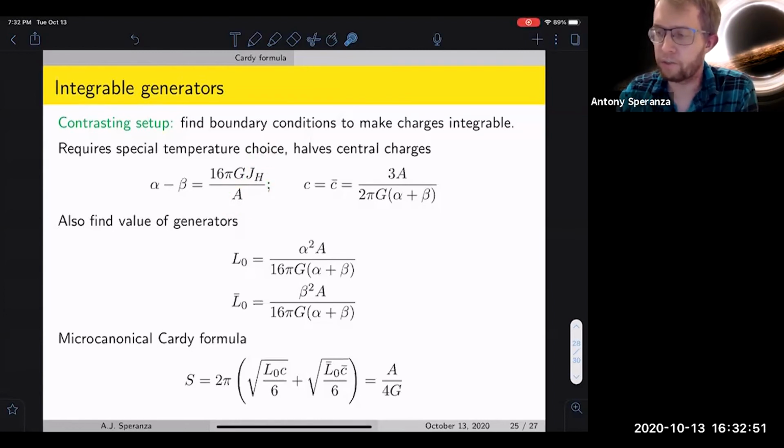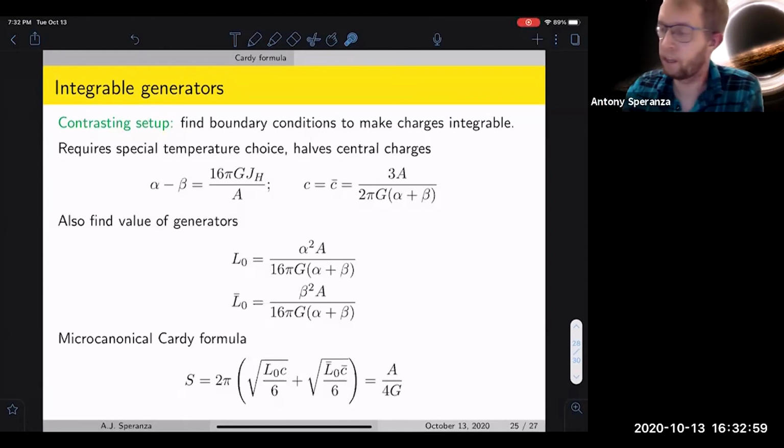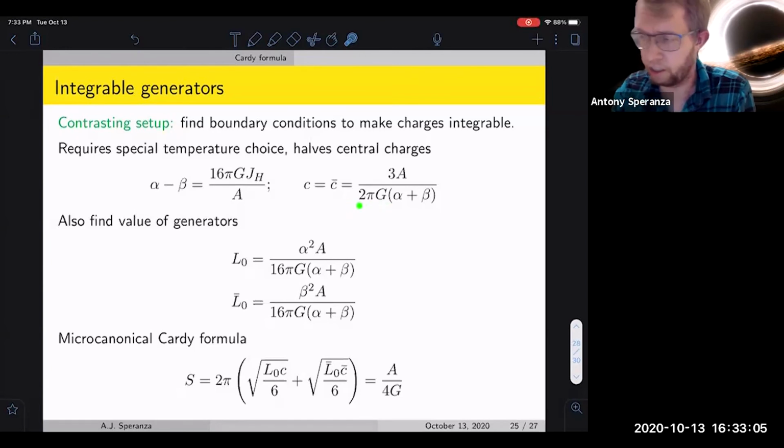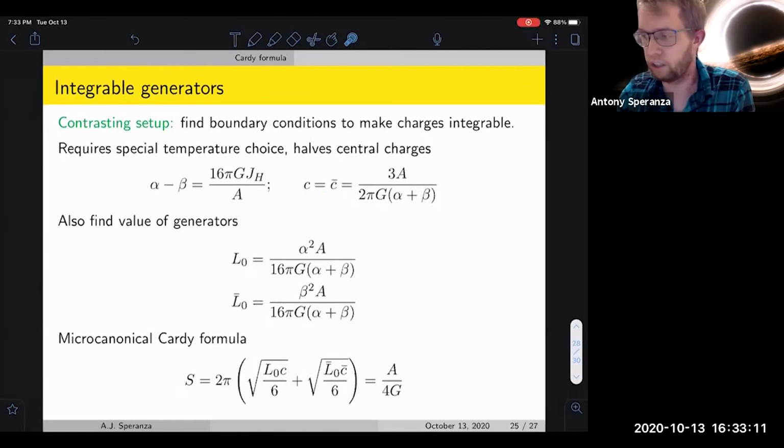And you also find that the boundary term in the action that gives the integrable generators is down by a factor of 2 from the Dirichlet form of the generators. What that means is that your central charges now come with an additional factor of 2 in the denominator, and since the entropy depends linearly on the central charges, you're going to get A over 4G when you compute